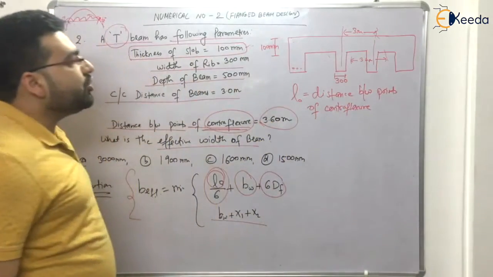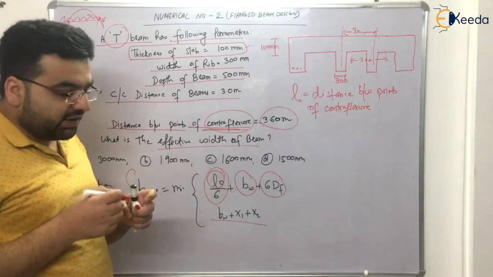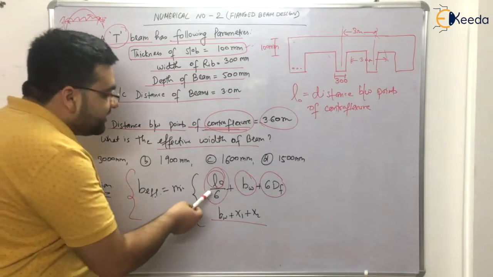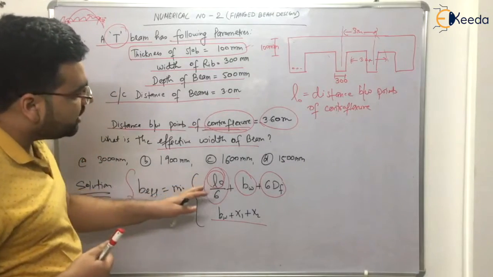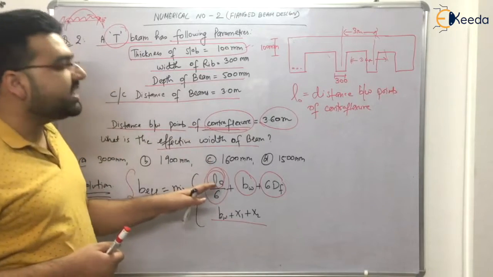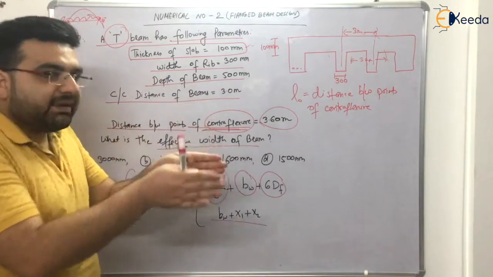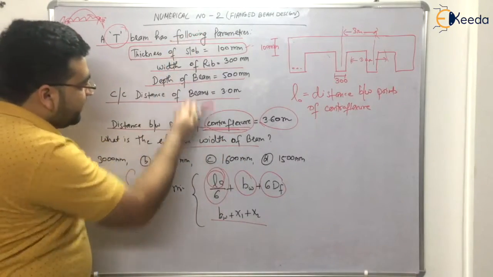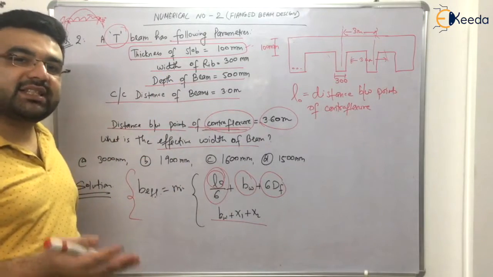The reason why I chose this numerical is that a lot of students get confused when the point of contraflexion is given in an examination. They say, "Sir, in class you told us that this is the effective span." That is okay, that is also the effective span, but it is valid when it has been mentioned in the examination that a simply supported beam or a continuous beam is given to you. In this question no such thing is given, whether it is a continuous or a simply supported beam.